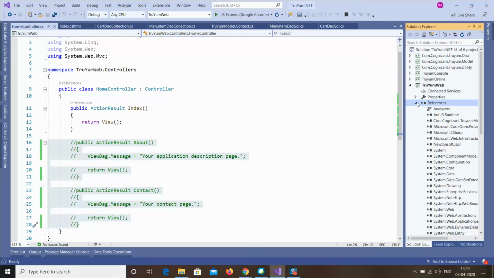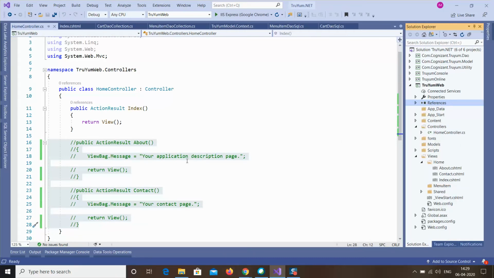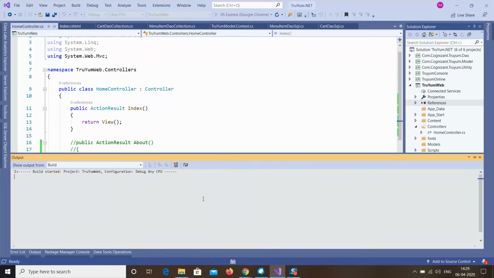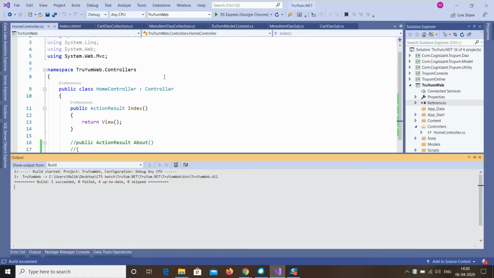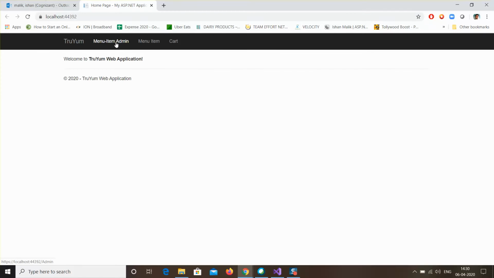Now I'm not going to change anything in the home page. Let me just run this project first. Okay, so these are our options. I'll change these options later on, but first I want to